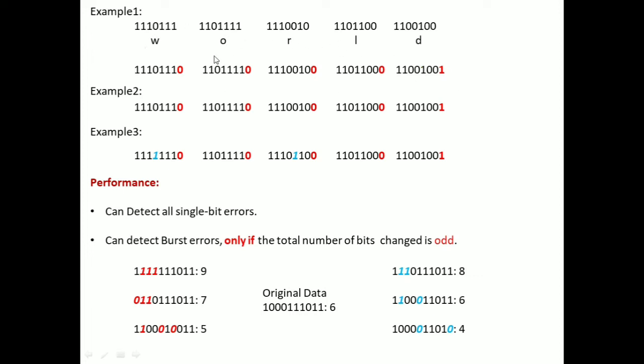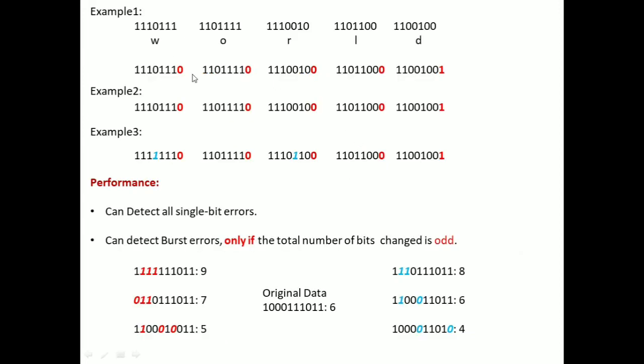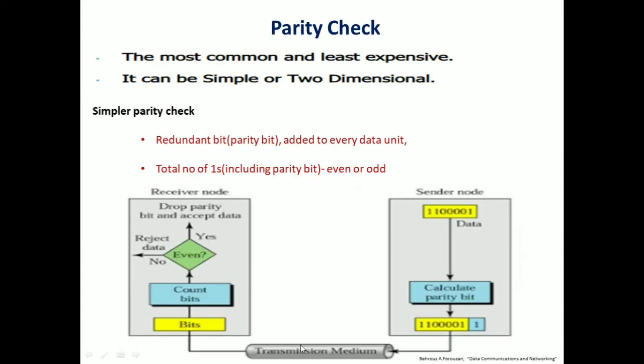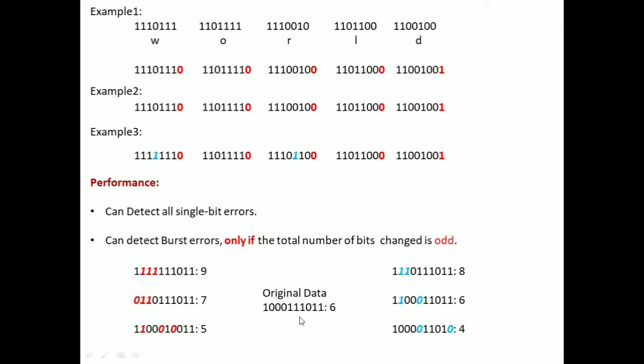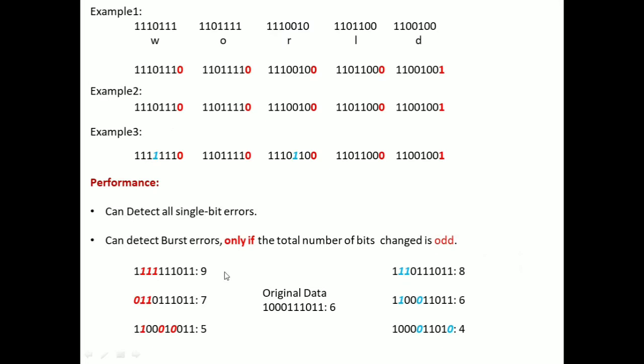Now this information will be sent to the receiver through the transmission medium. So up to now, which process has been completed? The original data has been taken, we have calculated the parity bit, and now we have added either 1 or 0 to our original data transmission. Okay. So now you see this is the original information which we are going to send through the transmission medium. Now the receiver is going to receive the information from this transmission medium. So now what happens?